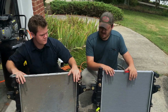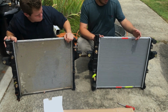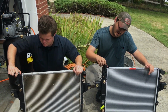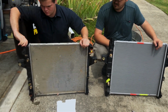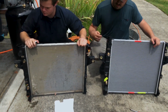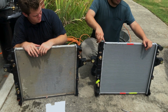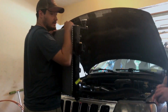Once you open your new parts, make sure they look like your old parts before you install them. I've done this before where the radiator will be slightly different and it was just a mismanufactured part, I guess, or they didn't do it right. One of my favorite ways to test that is actually to take the radiator cap off and see if it fits on here. If it fits, you've got a good chance that it's going to work. Of course, also just looking at them and making sure they look the same is another good way to test that theory. Now, reinstallation is a lot harder than the